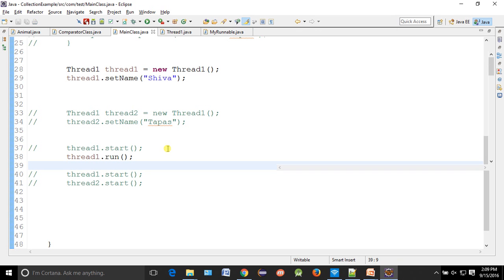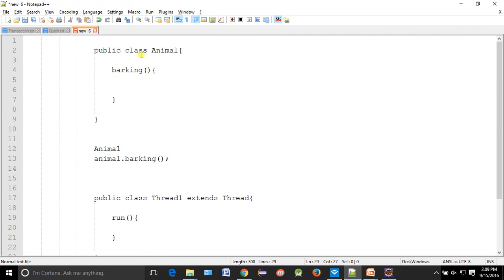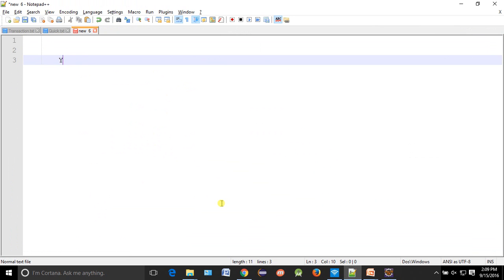One small change. What is the change? Tell me. There is no Shiva. What is coming? Main. So is it starting any new thread? No. Got your answer also. Okay, so what is the answer? Yes, we can call run method directly